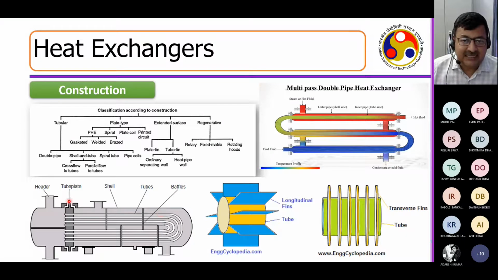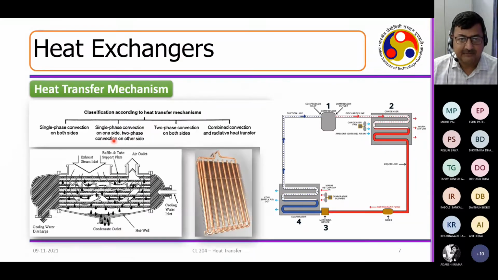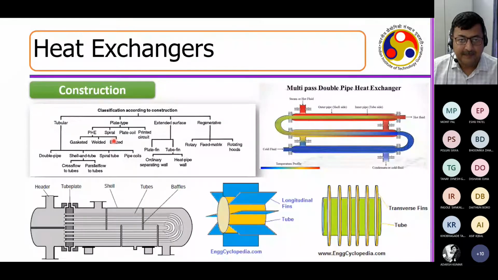You just check that these baffles are put on the shell side, right? So what are these baffles? Baffles will look like this. If you look at a heat exchanger, they will look like this. These are some of the baffles here. These are the typical baffles. You may see there is a baffle, there is a baffle, these are baffles, right? So why are these baffles put in here? Any idea? What will happen to this flow if I put a baffle here? I'm forcing a fluid in here, I'm taking the fluid out here. What will happen to this flow if I put a baffle here? Any idea?